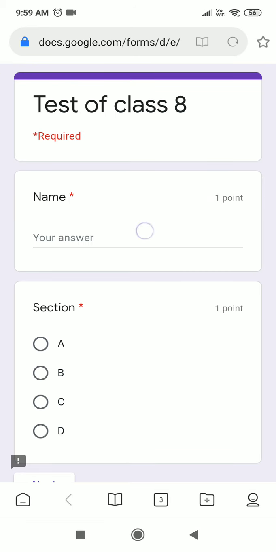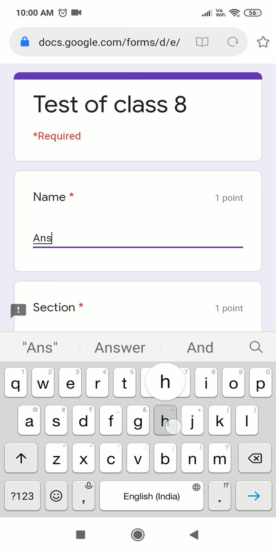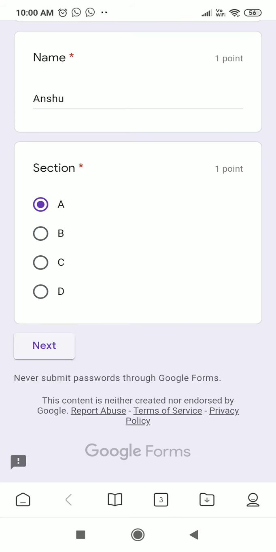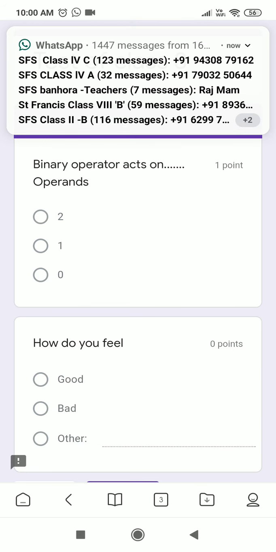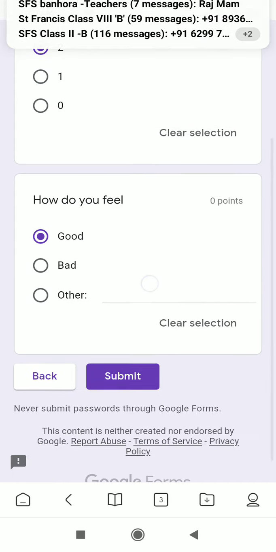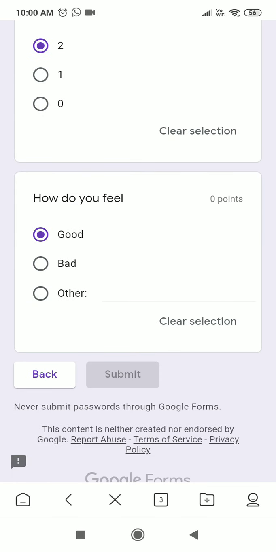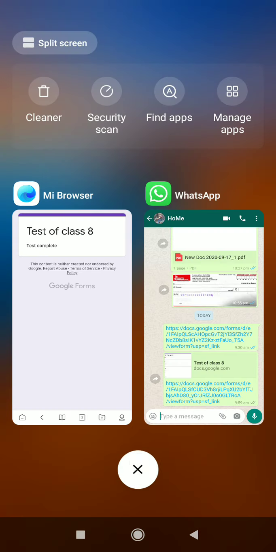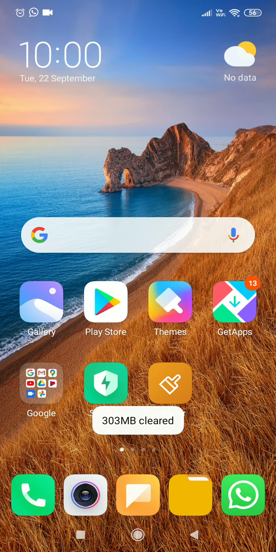Here, you see, I write. See, I can fill the section. See, next. This is what the children will see. Two, children will see, sorry. Good. Then submit. See, test completed. Now, if I have to see the marks, how much marks the children have scored, how will I come to know? For that, again log in.